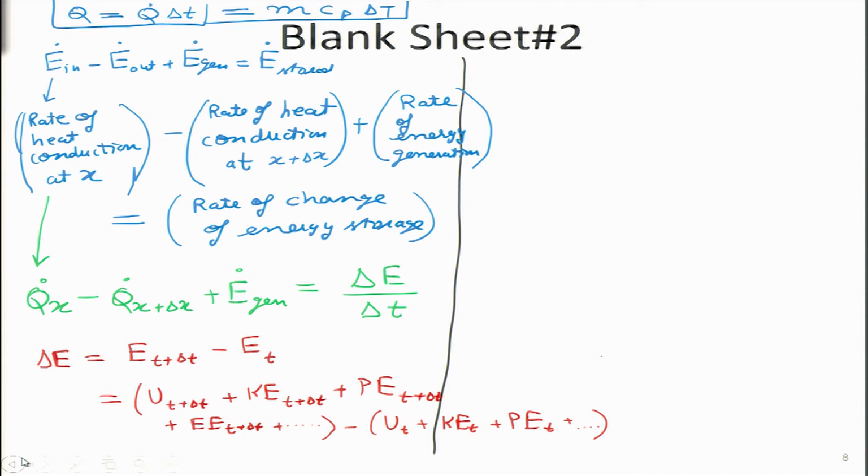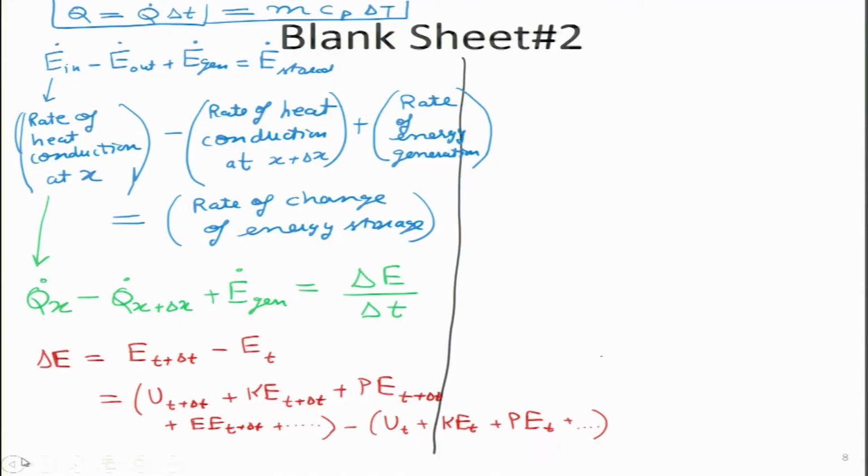The point I want to make over here, no matter how many energy terms we write in this particular expression, in this course our main focus is on heat transfer or the temperature related energy, which we all remember is the thermal energy or the internal energy because of the vibration of the atoms and molecules, which means the only way my energy according to this particular course can go up and down is if my temperature actually increases or decreases. That is one way, or if phase change takes place, which is not in my interest because that will damage my body. But in reality, if water becomes steam, its internal energy changes. If it goes to ice, then its internal energy changes again.